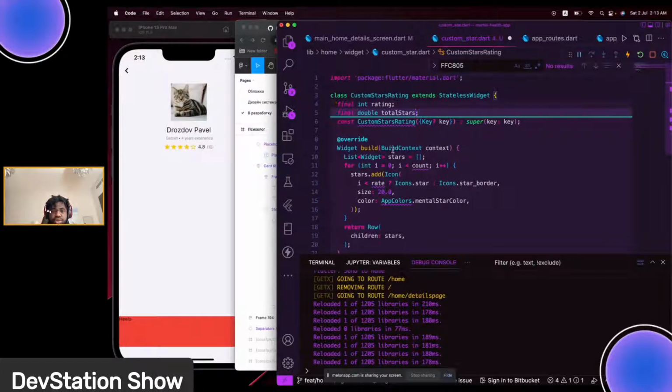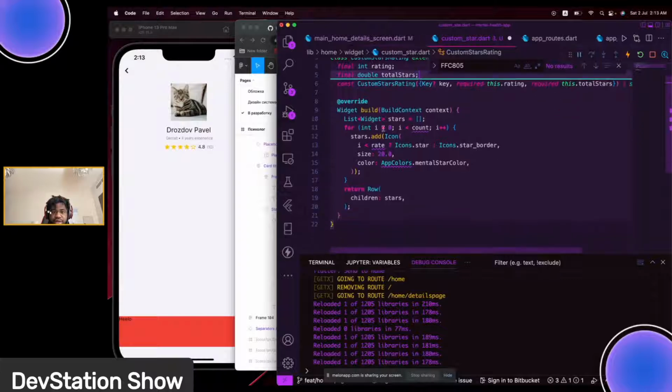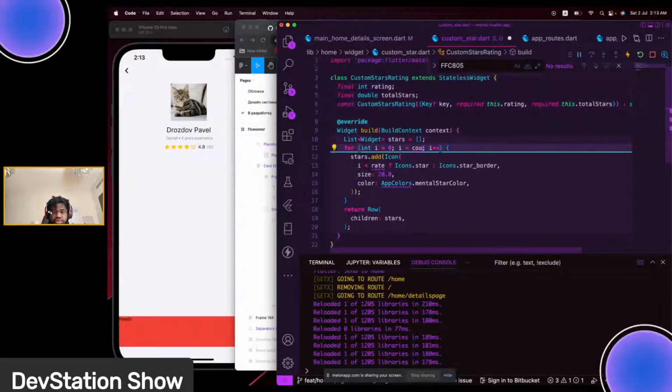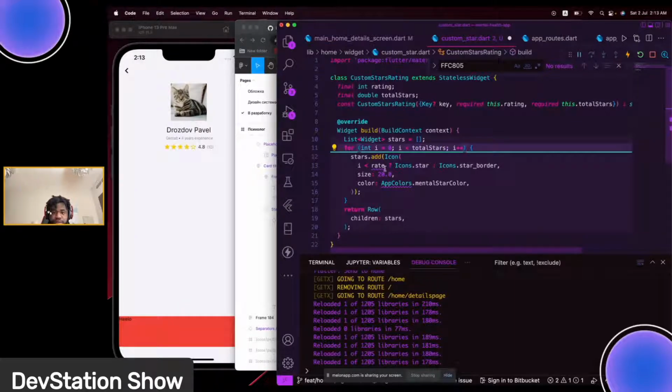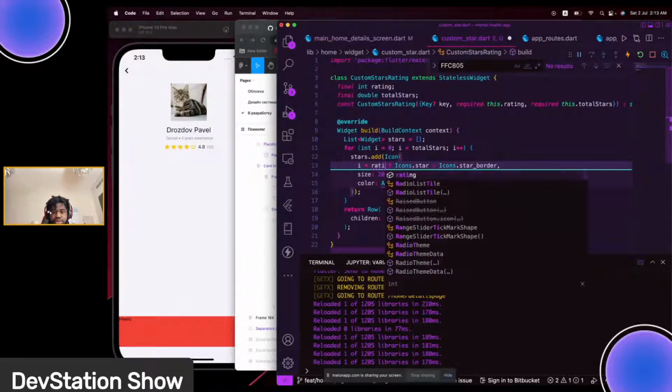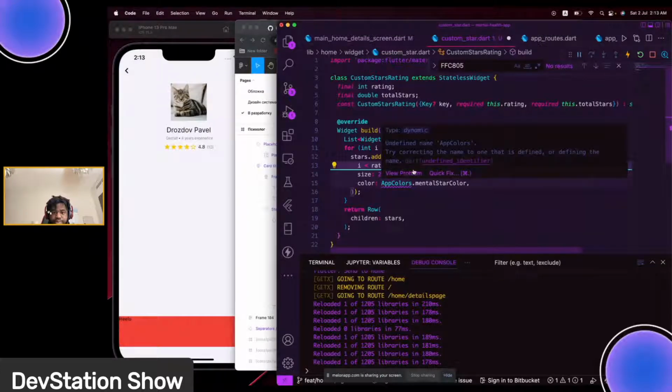Total stars. We can go ahead and add this as required. The count will be replaced with total stars, and the rates will be replaced with rating. Import this,